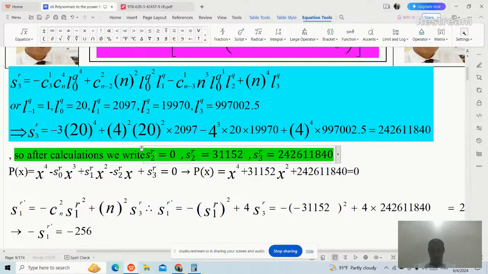Now I will write here S0 is 0, but S1 is equal to 31,150 and S3 is equal to